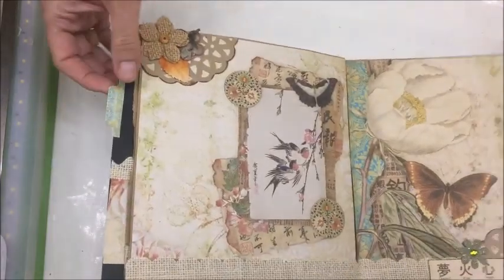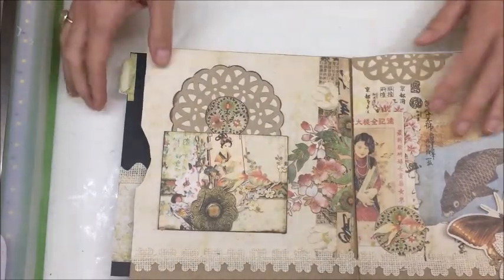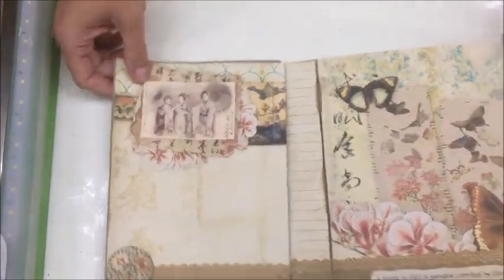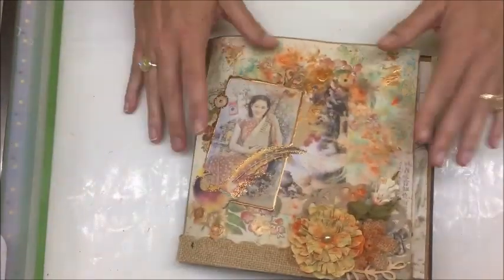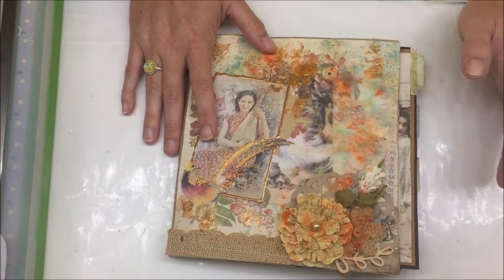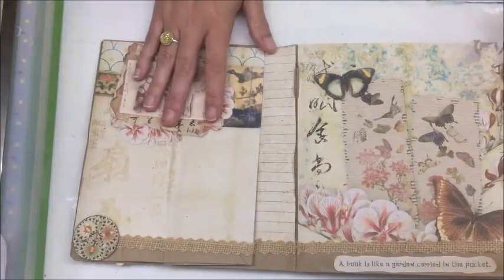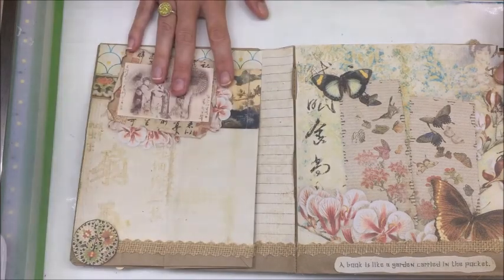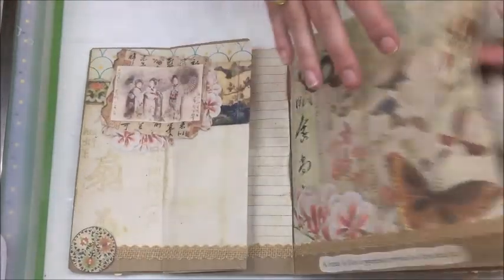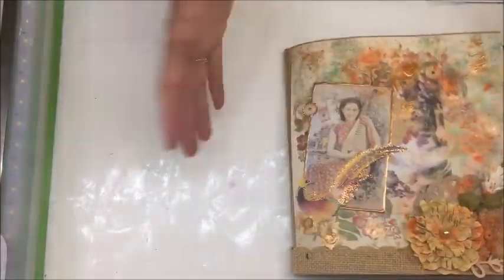My daughter is really into the Far Eastern type art and culture. She's taking an honors history class this year, and she thinks that she has to do a report at the end of the year. And so she has asked me to hang on to this beautiful paper bag journal for her because she would like to do her report in this journal and turn it in. Of course, her teacher knows that I would have been the one that put the journal together, but she's so inspired by this digital download kit, and she loves all the hidden components, you know, with the flaps and this type of stuff. So she can put a lot of information in this,